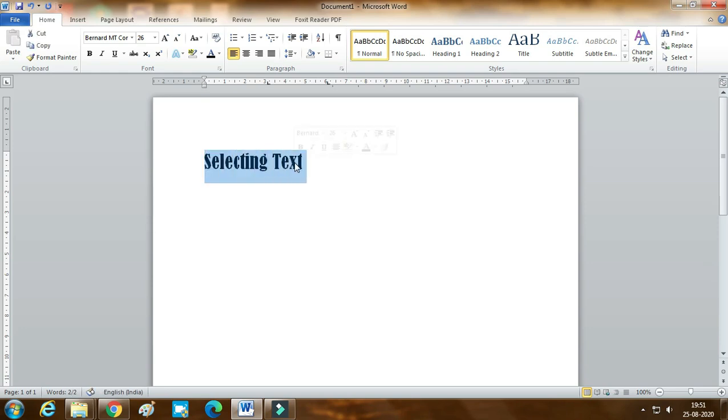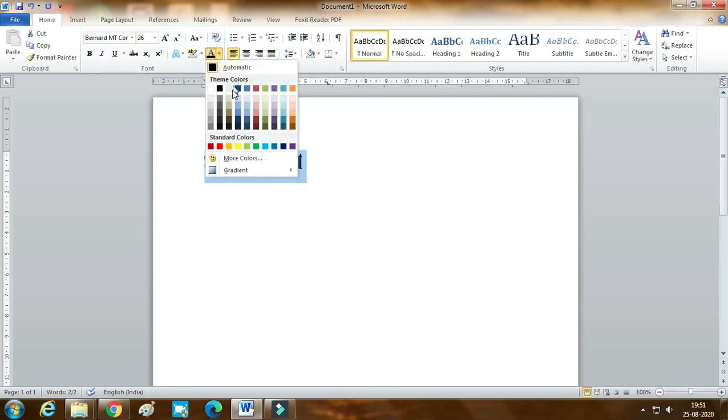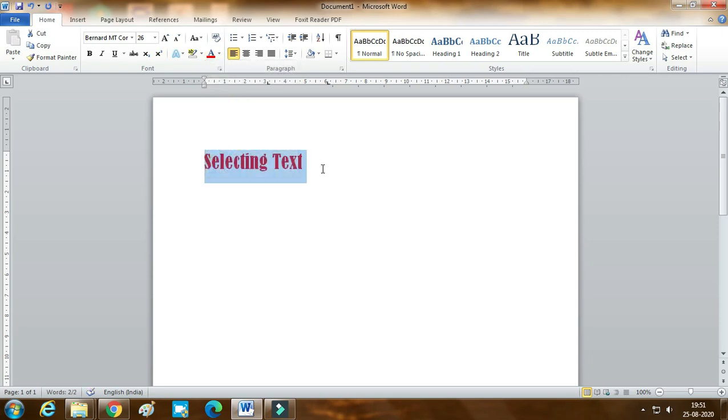The blue color cloud around the text shows that the text is selected. Then we can do any changes for this. So we can change the color. Let us change the color to red. Right. And click outside to come out of the selection.